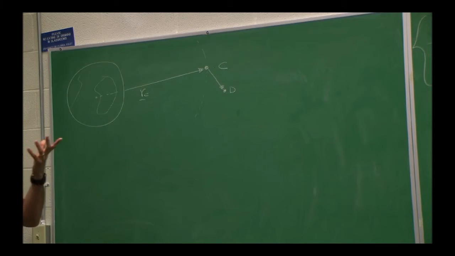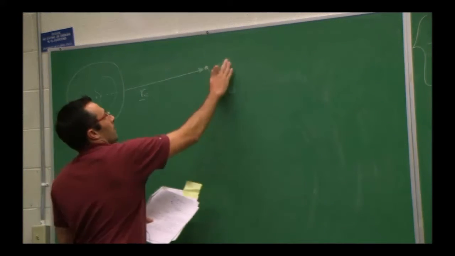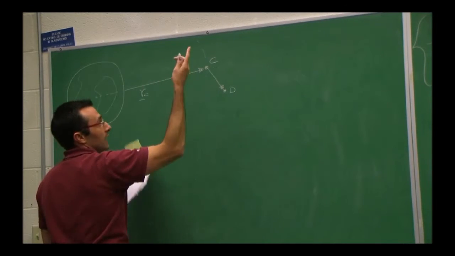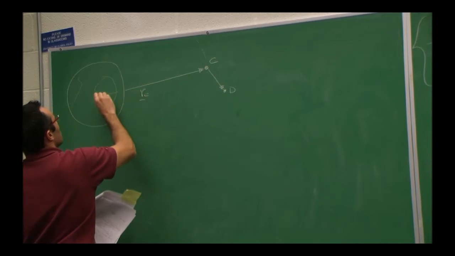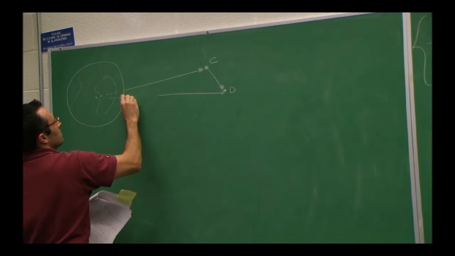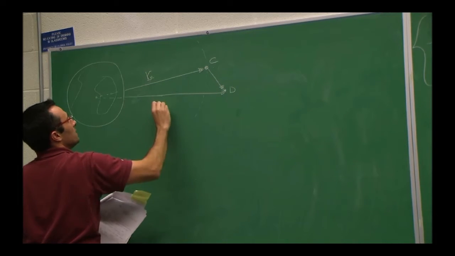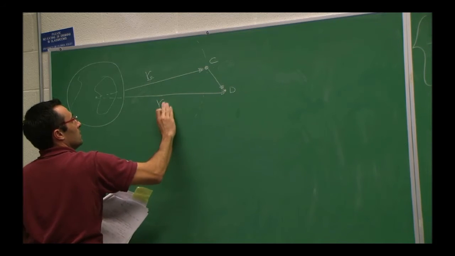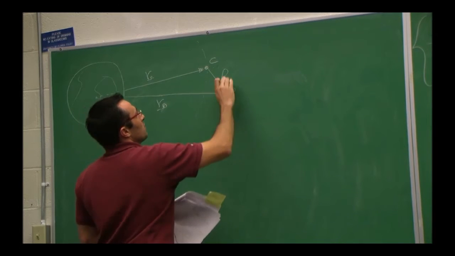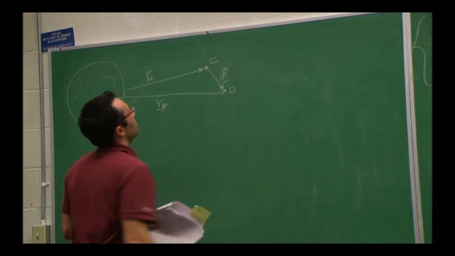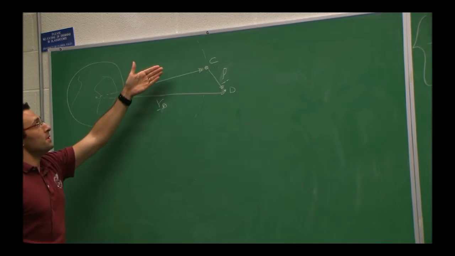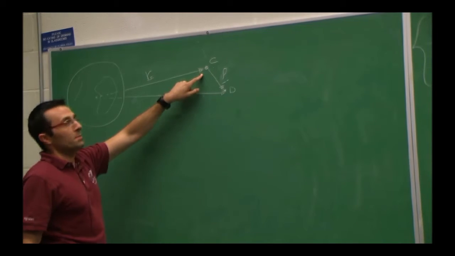So the nomenclature is, again, people say chief and deputy, or target and chaser, because usually that is the one that is maneuvering to reach this guy. It's just nomenclature again. And so in that case, the position vector, we're going to call it RD, right? So this is RC up here, and this is R of the deputy here, RD. And let's call this little vector that is the difference between the two, let's just call it rho. Okay? So one problem, which is exactly what we're going to face, maybe I want to know how the deputy is moving with respect to the chief,